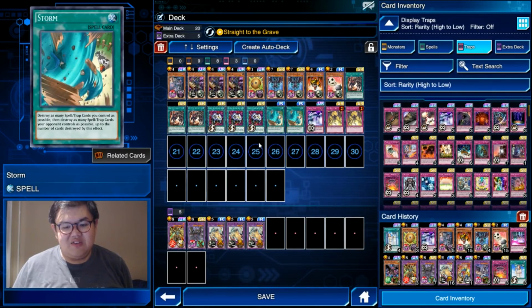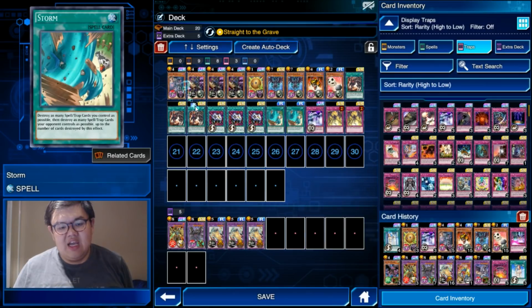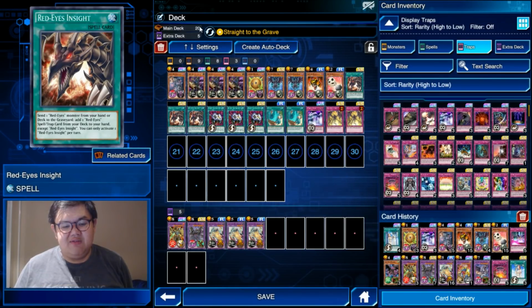If you see a lot of Cyber Angels, maybe more Wall of Disruptions. So anyway, based on the meta, it's really easy to just take a couple cards out and change them around. And with this deck, I'm not afraid to play more than